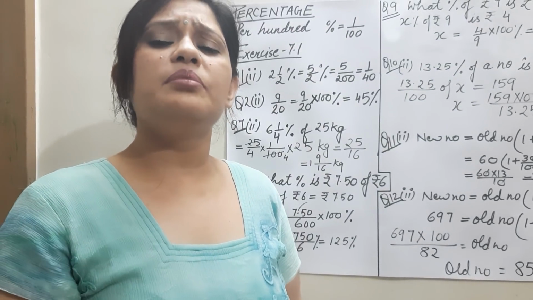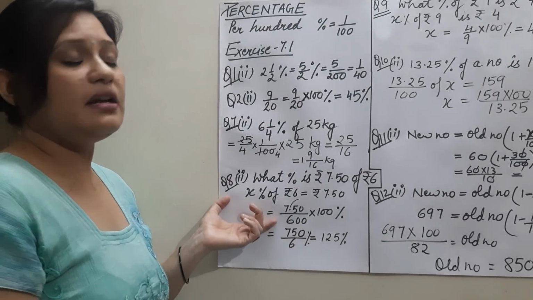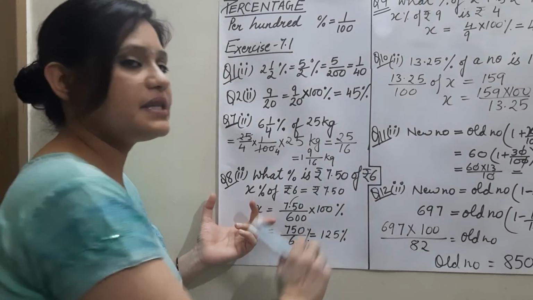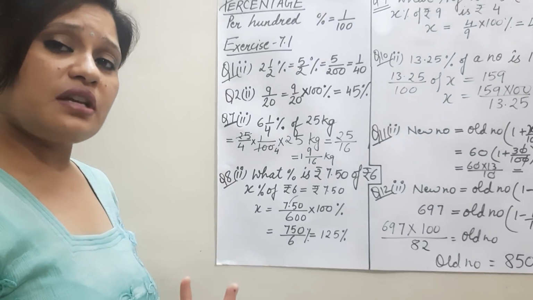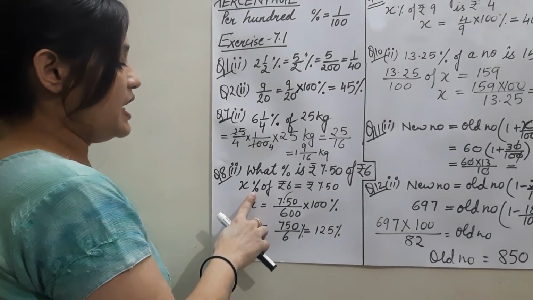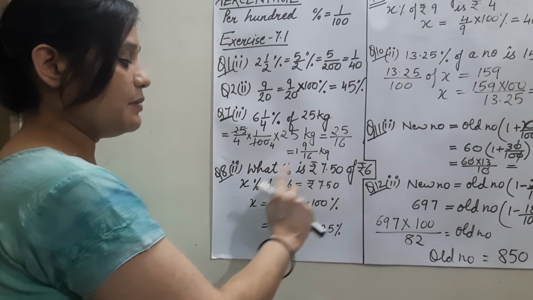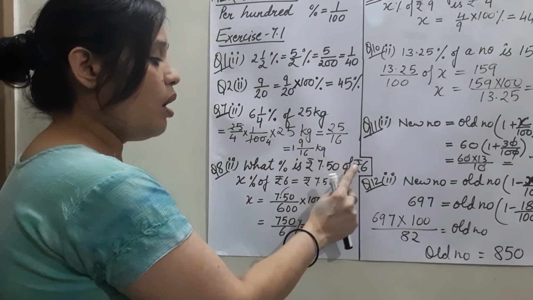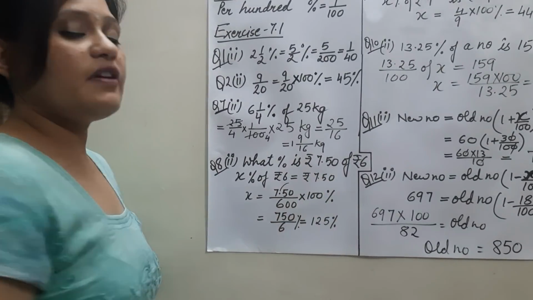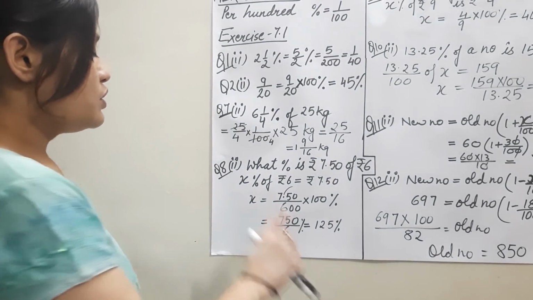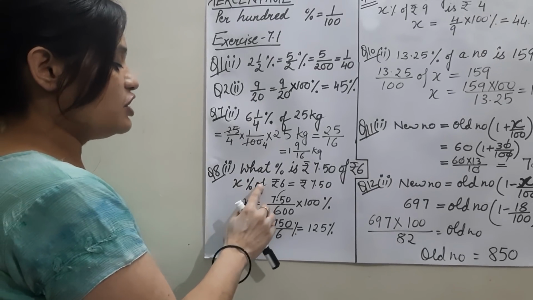But how will you come to know why it is like that? Here I am explaining why we write first number divided by second number. They are saying what percent. So let us consider x percent. So x percent, what percent is this of rupee 6? So you have to write the statement correctly. What percent of rupee 6 is means x% of rupee 6 is equal to rupee 7.50. Clear? So if we remove percent sign, 100 will come in denominator, x upon 100 into rupee 6.